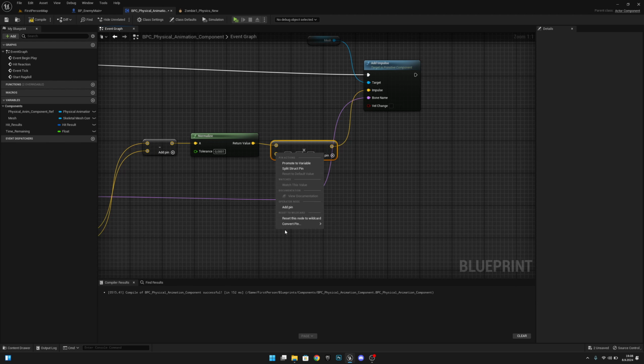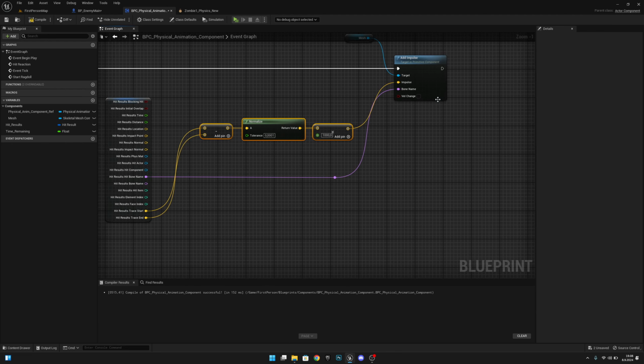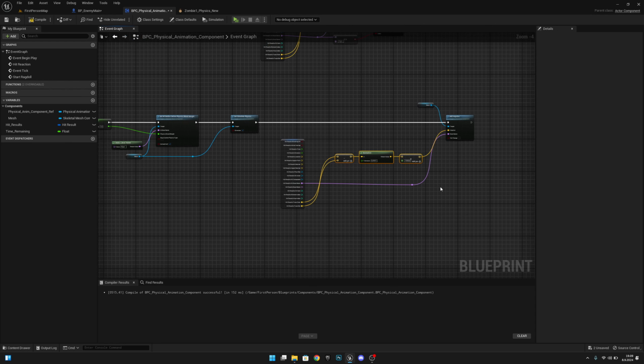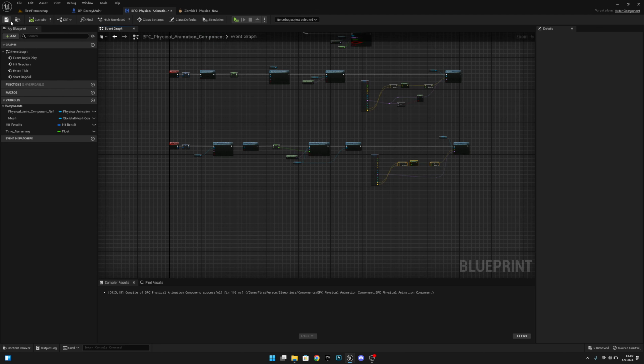Change this pin, convert pin to float single precision like this. Now let's multiply by 1000, I think. Select all and Q align. Okay. And yeah. Now I actually think that we have all done here. Let's compile, save,